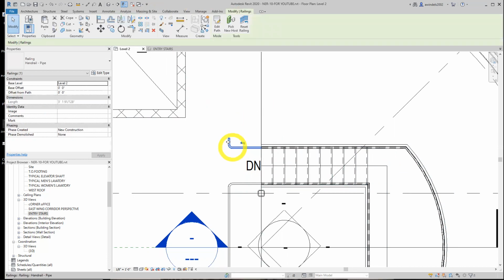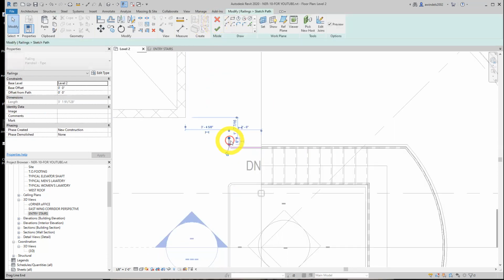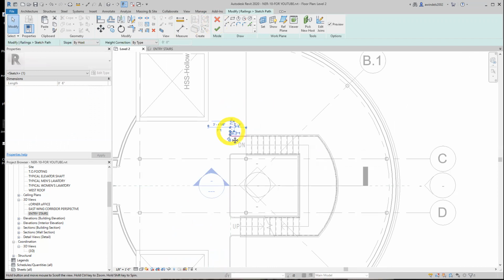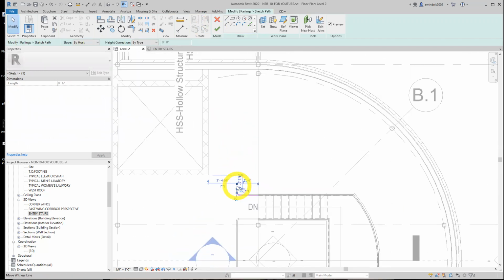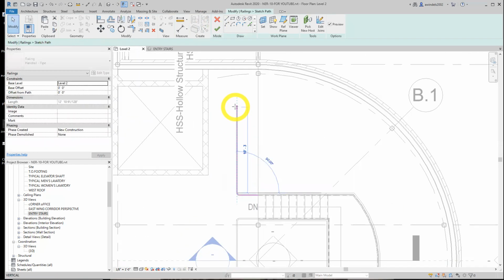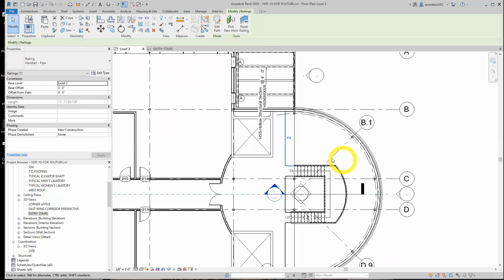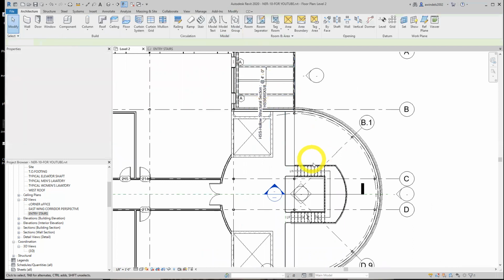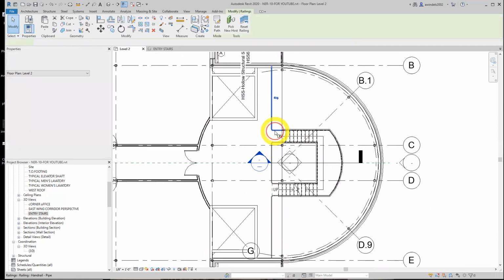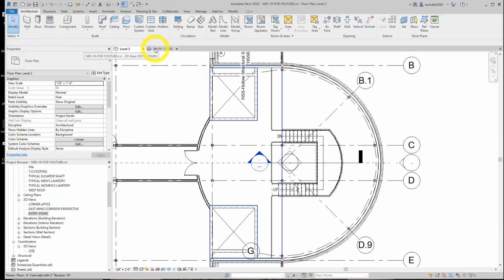We select it, edit path, in sketch mode. Let's get the grips going. We'll zoom in a little. Grip this up, holding it, selecting it to the facade. We're good. We'll hit the green checkbox, finish edit mode. That railing is created. Let's double check back into our